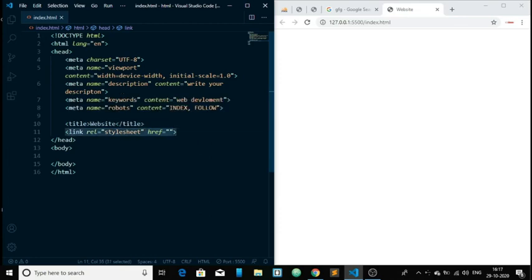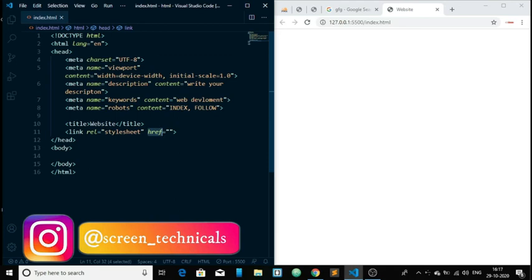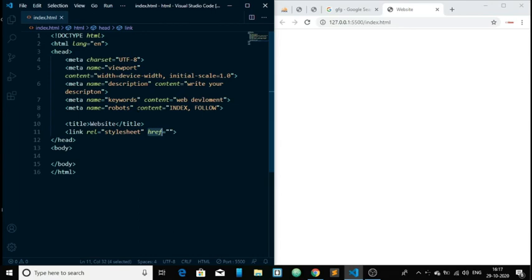Inside this link tag, the use of href is to link your HTML file to other files, maybe CSS or JavaScript files. And whatever things you are seeing here must be inside this head tag.